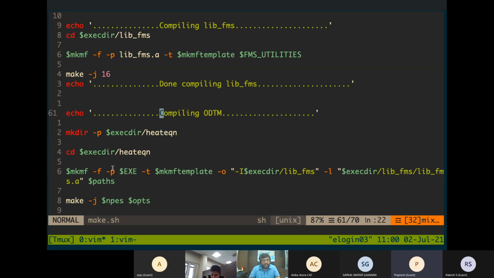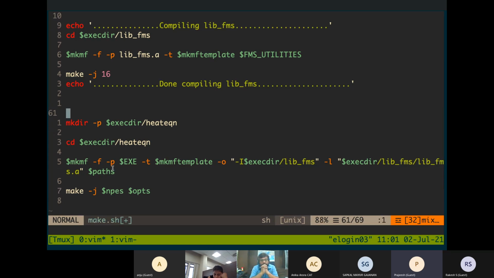We do it like this because this FMS library takes a lot of time to compile, and unless we are changing something in the FMS library, we don't need to recompile it every time we make some source code changes. So it's better to keep it as a library and then compile only the source code which we edit, and link it to that library. That's why there are 2 steps in this compilation.